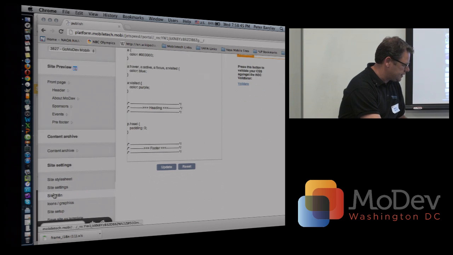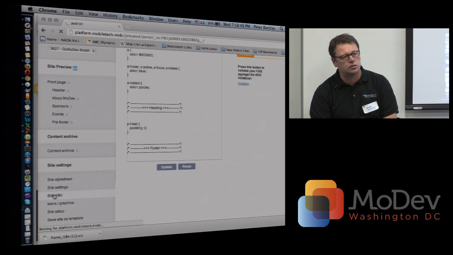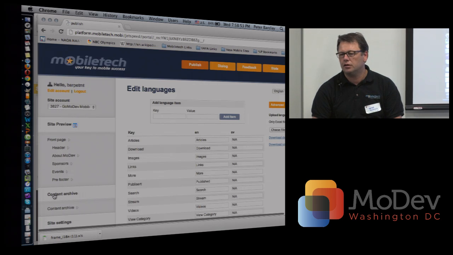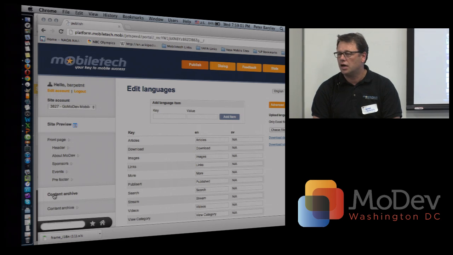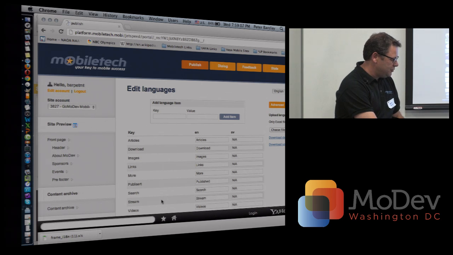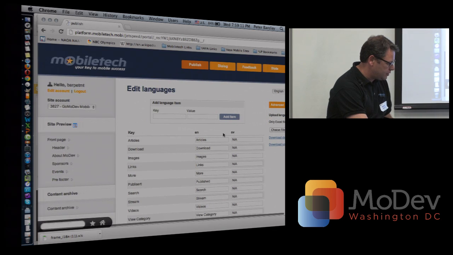And then you've got full site settings, and also we have language support. So if you are developing one site, you don't want to do that in 15 different iterations of it. You want to provide Spanish to Spanish speakers, or French, or whatever different languages you have, or even Hebrew, thank you. You can do that as well, and I set it up now for both English and